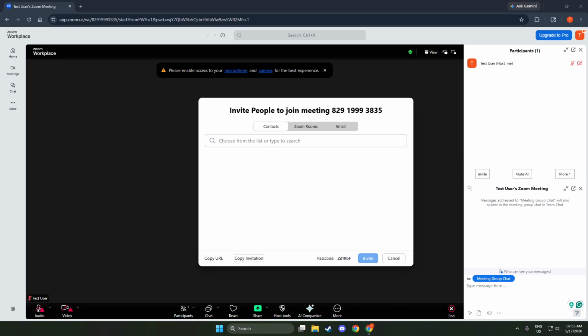Share the link only with the people you intend to invite. And consider enabling a waiting room or requiring a passcode if you want an extra layer of control over who joins. If someone says they can't find the button you mentioned, remember that labels can vary slightly by platform, but the options to copy an invite or a link are always in the meeting window or the meeting's details screen.